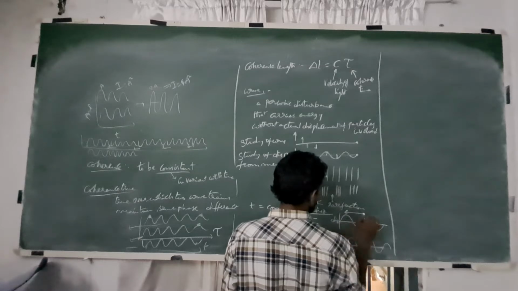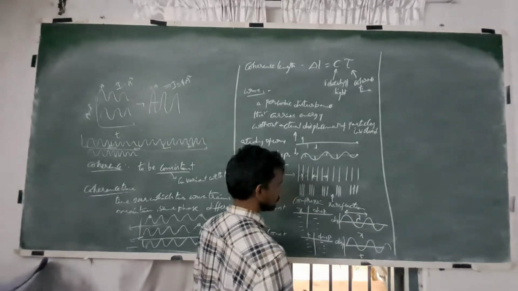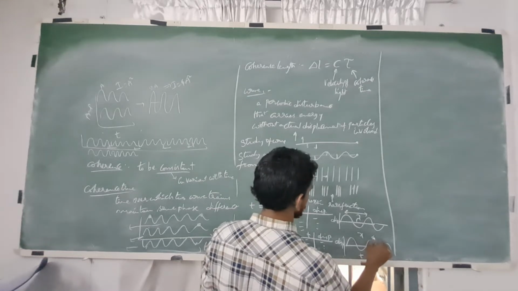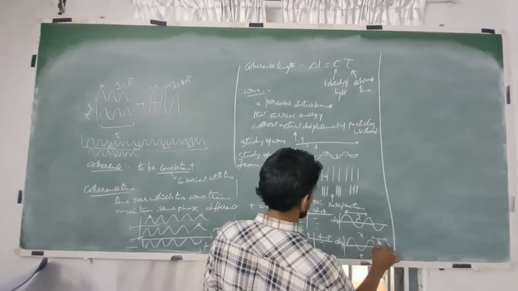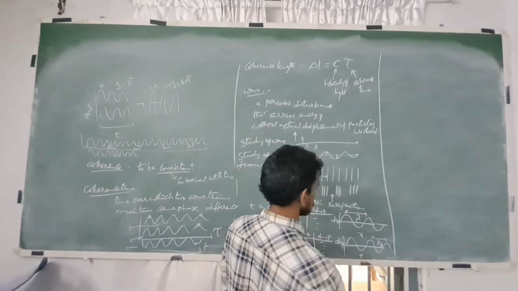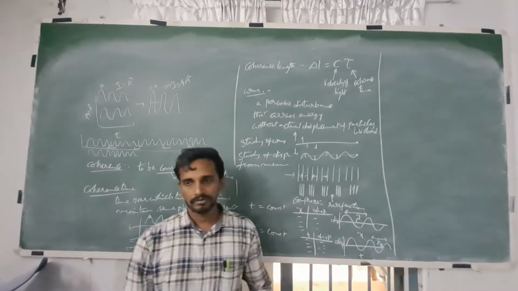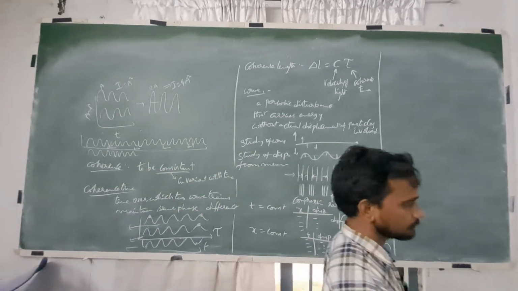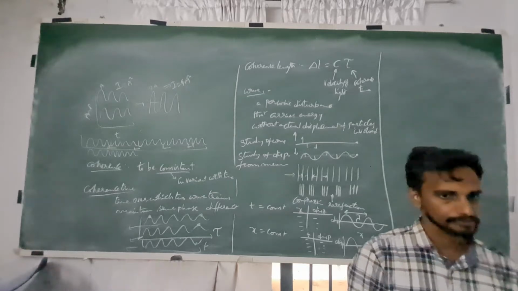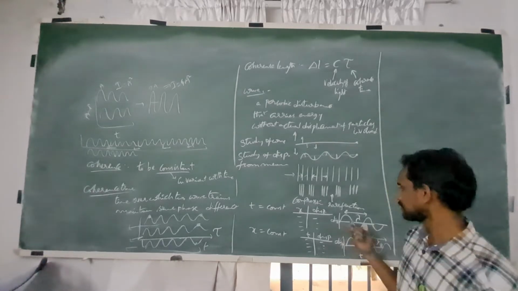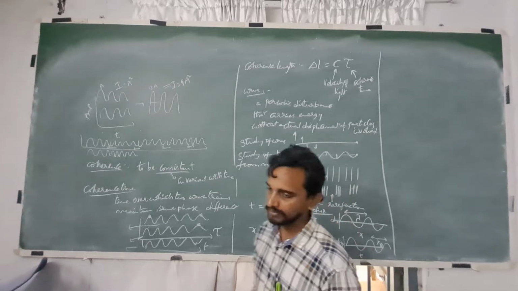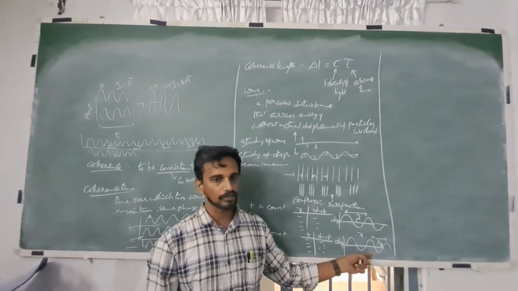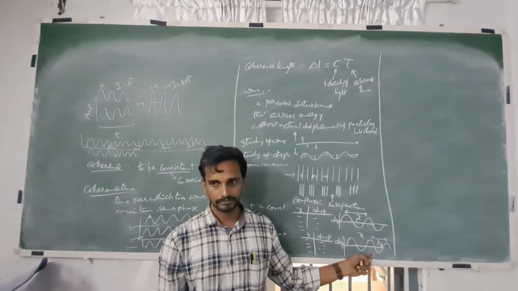So here I define wavelength and here I define frequency. Once I complete my study, I have to define some standard parameters. So here I am defining wavelength, the length of a single wave in space domain study, and here I am defining number of waves in 1 second as frequency.